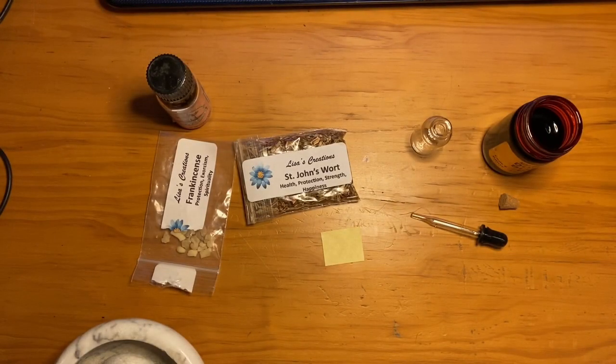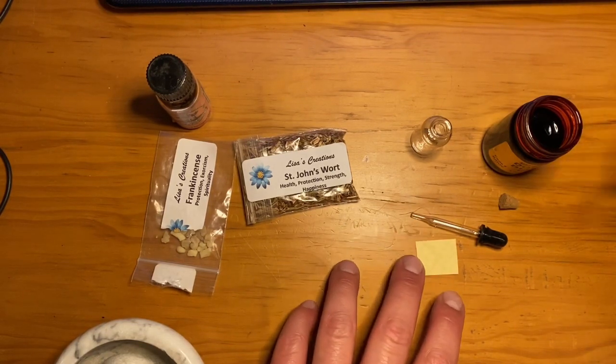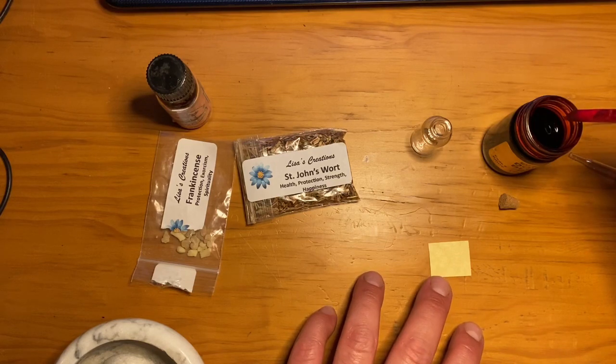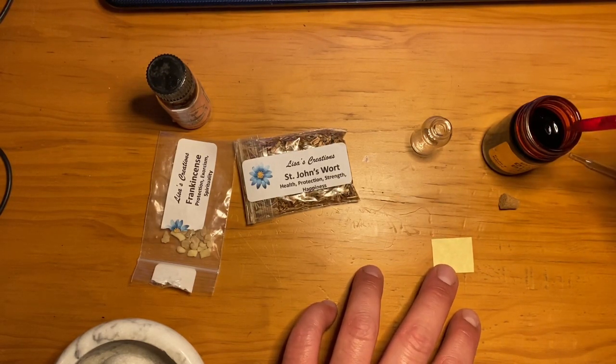Alright everyone, so today we're going to create a Runic Talisman of Strength. The rune that I'm going to choose for this talisman is Uruz, the rune of primordial strength, of true strength, the strength before all beings came to be. So right now I'm going to dip my quill into dove's blood ink